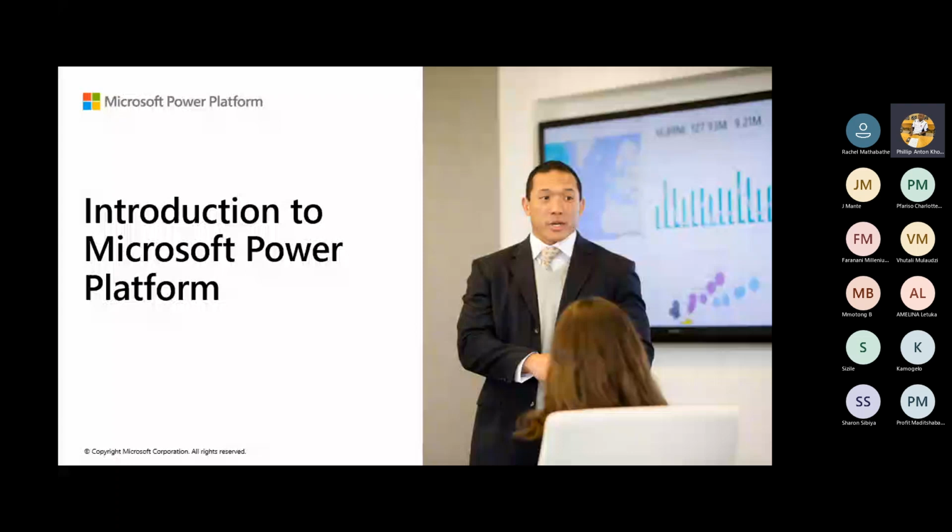Okay, so as I was saying, we have about four main things that we will be focusing on. Mainly Power BI, which is for business analytics. We have Power Apps, which is for application development. We have Power Automate, which will automate processes. We will get to dive deep into this and look at what it does. And then also